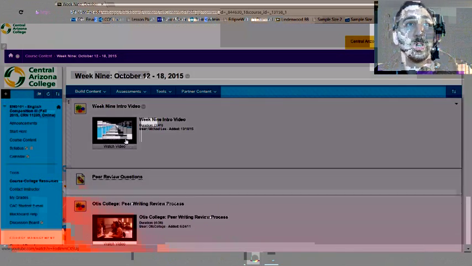So this week we are turning in our final draft. Before you do that, however, one of the things you need to make sure you do is, in the week 9 folder, make sure you are logging in to the rough draft discussion board and leaving feedback by Wednesday. In case you haven't seen my email yet, I pushed back the revisions to Wednesday, and that is Wednesday the 21st of October. That isn't to say that the rough draft is due later. The rough draft is still due this Sunday, 18 October, by midnight, but the peer reviews